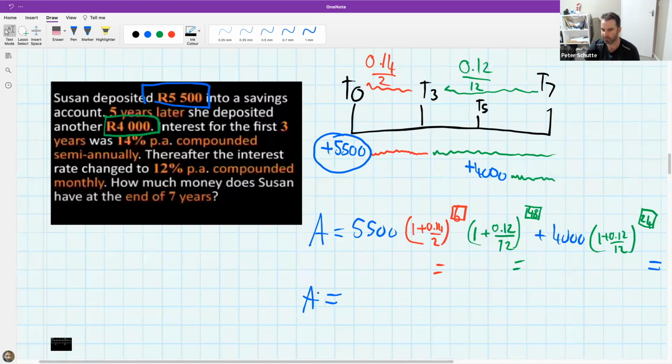So what I love about this method is that it's so elegant. It's like the 5,500 does its thing and it grows in life. And then the 4,000 gets added to the party later on, but it also has its own row. And so I really encourage you, keep the amounts separate so you can see visually what is going on